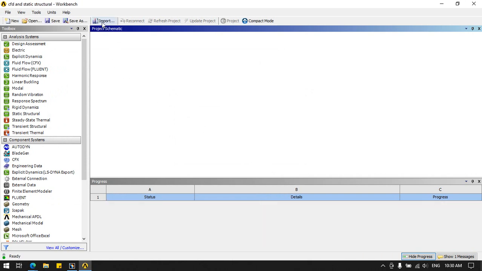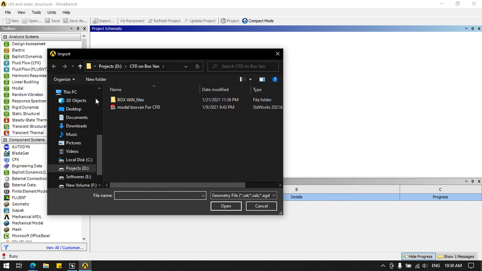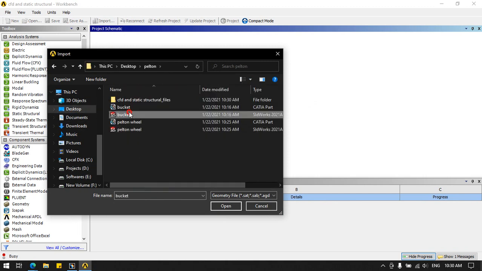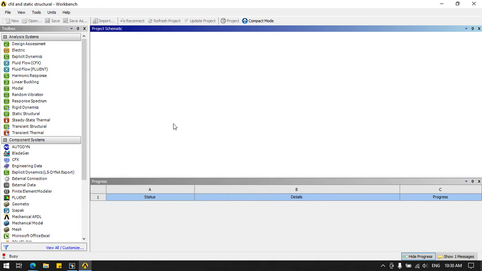Okay, by import, select the bucket, open. Just double click on this one so that we can enter into the DesignModeler, or you can right click or click on the edit option so that you can also enter into the DesignModeler.